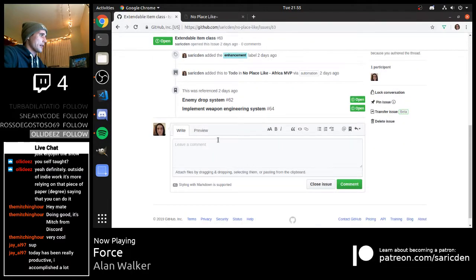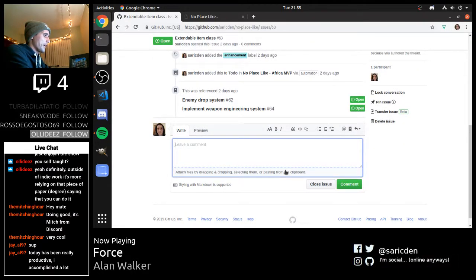So why don't we do that? I'm going to add a note of that so that we don't lose track of it. Good lord, I can't type or speak English. Anyways, the item class should have two modes. We'll just make a Boolean, and we'll call it UI mode, which is to say